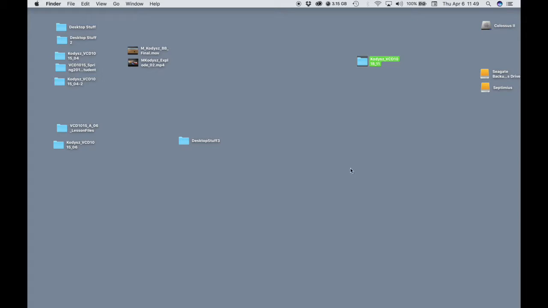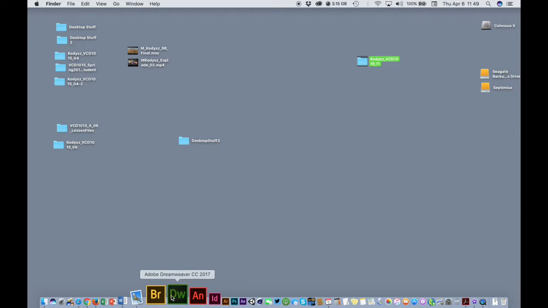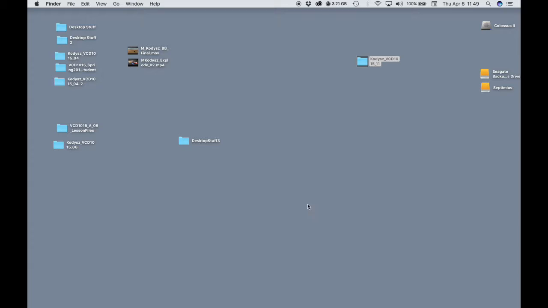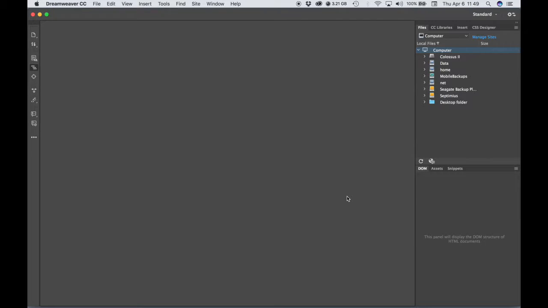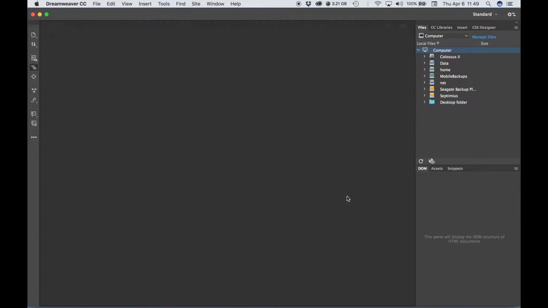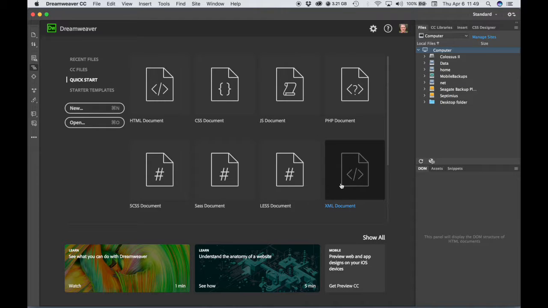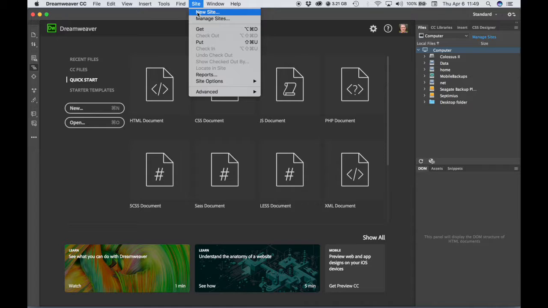All right, let's open up Dreamweaver and start working on our assignment. So the first thing we need to do is to define our site. So let's go to the Site menu, choose New Site,